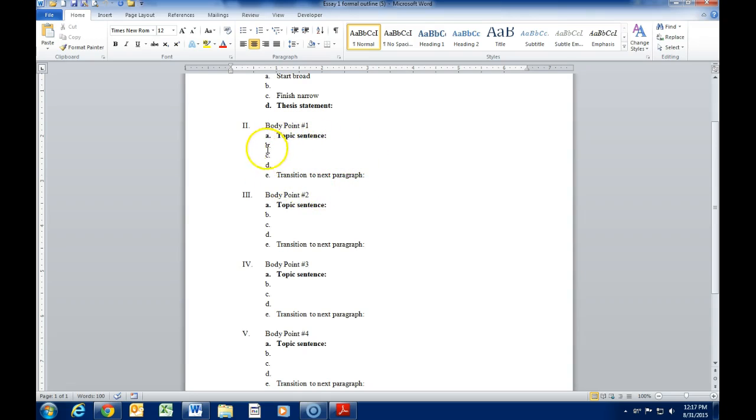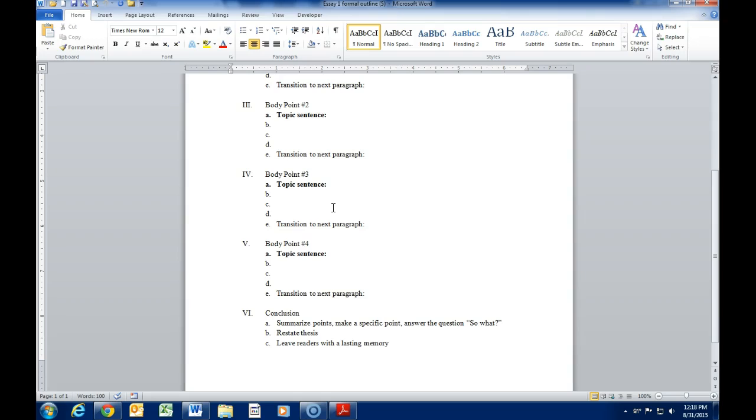And the topic sentence is the main idea of this section. It may be just one paragraph, it may be 2 or 3 paragraphs, but the topic sentence is a direct clue that tells the reader what this section of your essay is. The same thing here, body point number 2, the second literacy event that you're discussing. The topic sentence tells the reader directly what this section is about. Now,